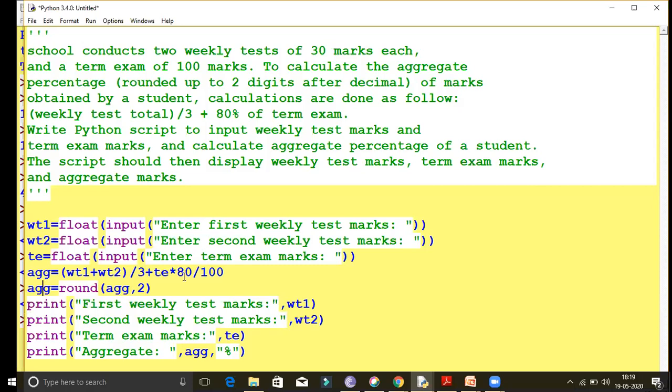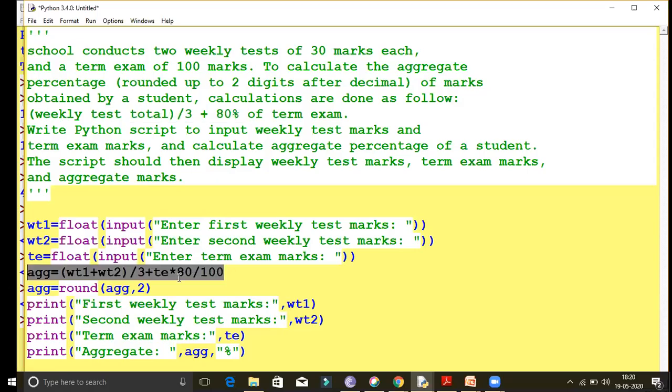So now come to the printing part. This is the calculation being done here. Aggregate equals weekly test 1 plus weekly test 2, both will be added, divided by 3, since three weekly tests are there, plus the term exam also, into 80, that is given as 80 for term exam, upon 100.